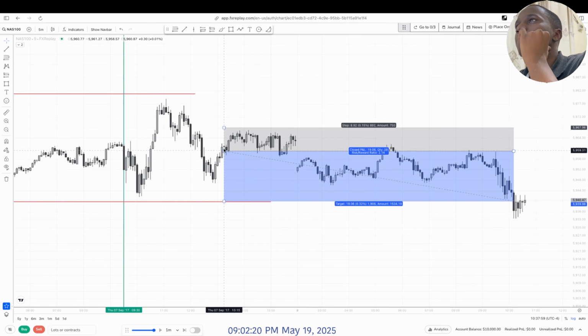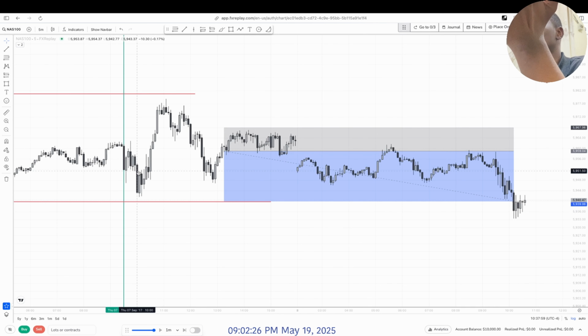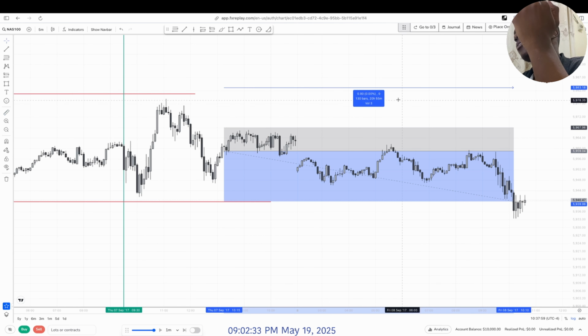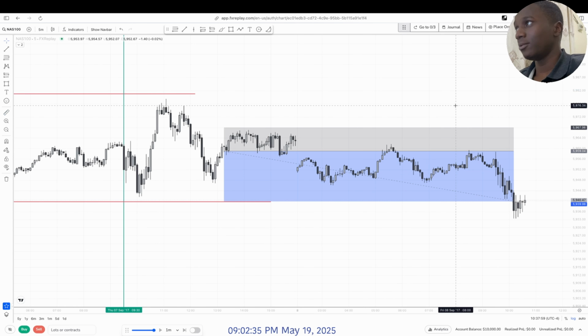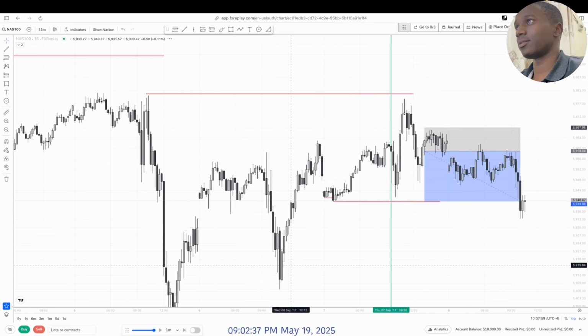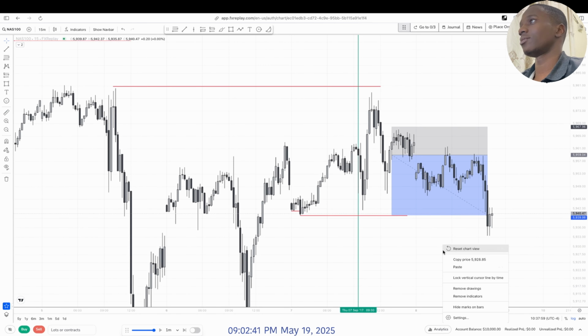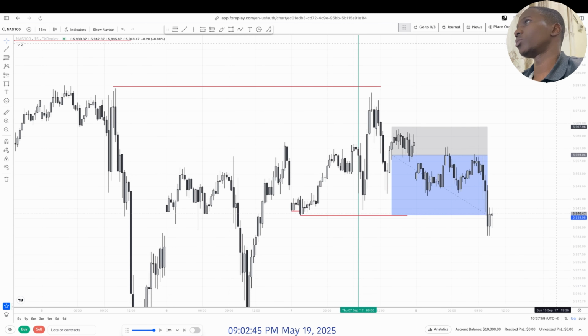So maybe we would have waited for this consolidation to pass out. I don't know, but how do you know when to wait and when not to? But this trade took like a year, 20 hours. Still too long. Still too long. Okay, so this one, it's okay. Alright.